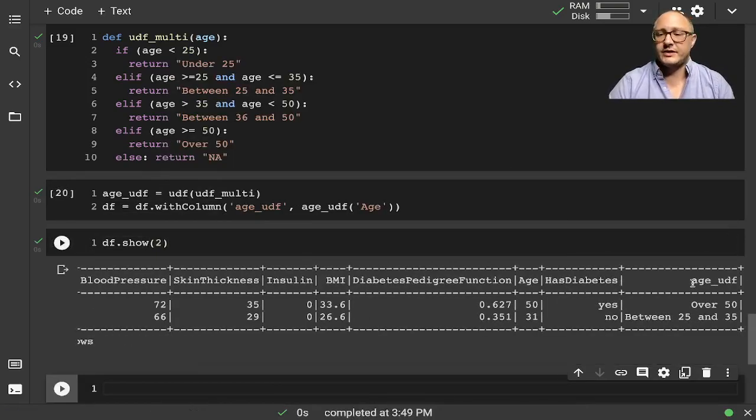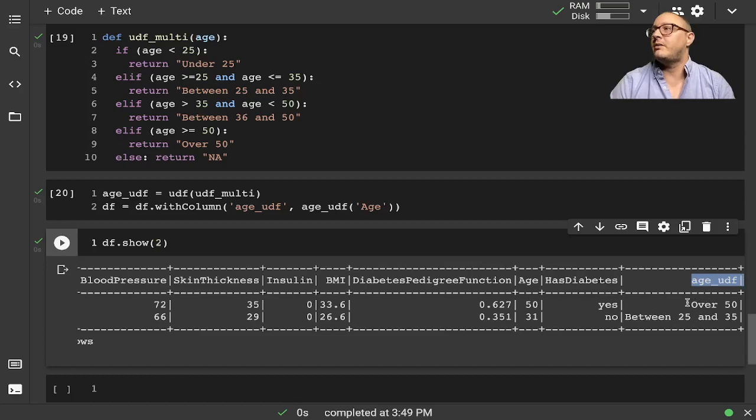Okay, so now we have this UDF age here, and we have over 50, between 25 and 35 for some example there. Now let's go on and